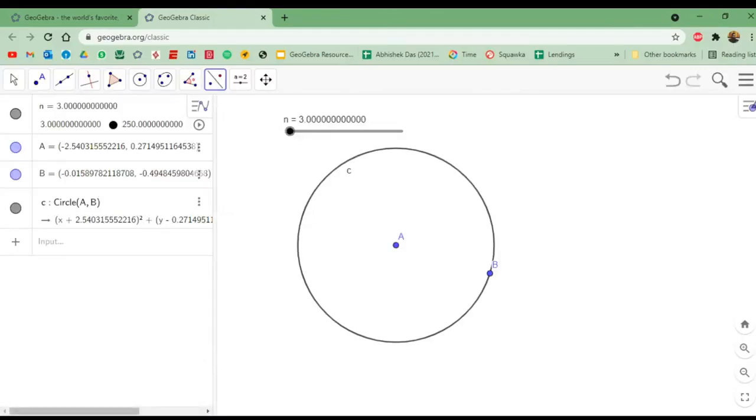If we rotate this point on the circle around the center to the appropriate location based on the number of sides in the polygon, so I'm using the central angle of the regular polygon, that is 360 degrees, and I'll divide it by the number of sides, that will determine the location of the next point in the regular polygon. So if I come up to my toolbar, as you've already seen,